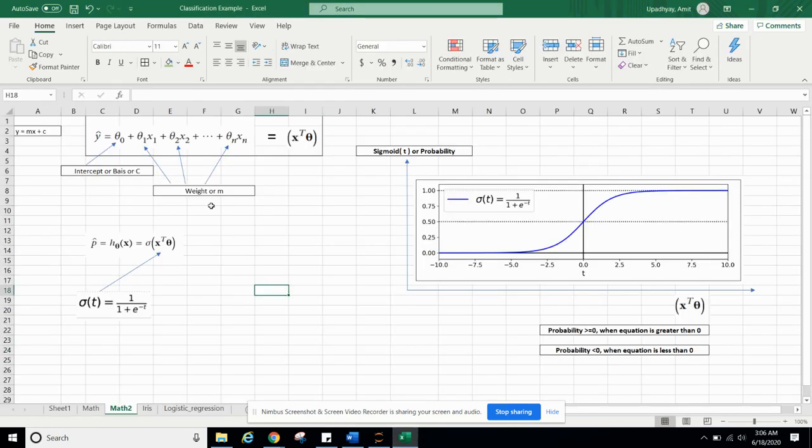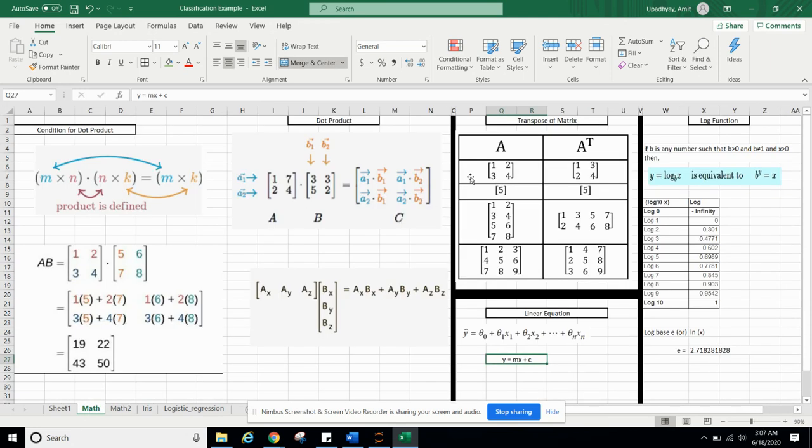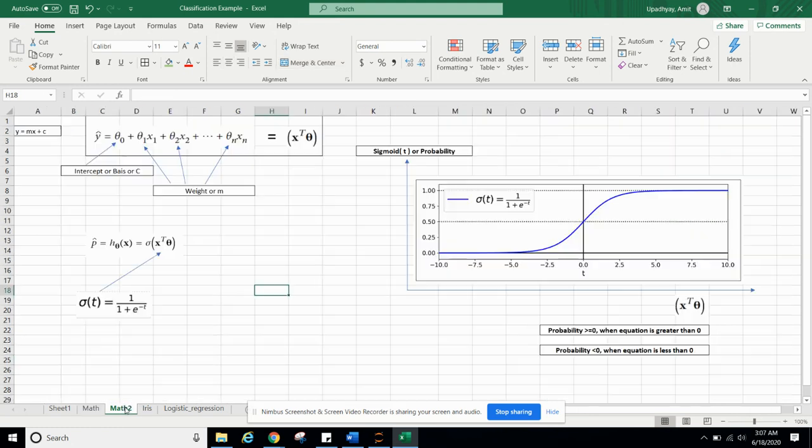Okay, we already understood x transpose theta, right? What is transpose? A transpose is swapping the rows to columns or columns to rows. We can see the row 1 2 has been changed to a column. Now this is our P, probability, the sigmoid function of our equation.